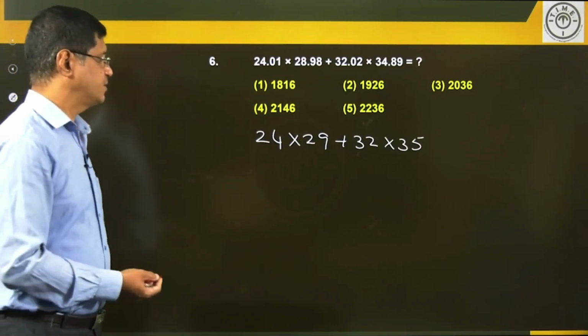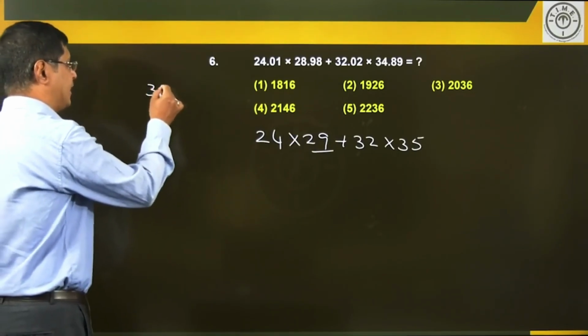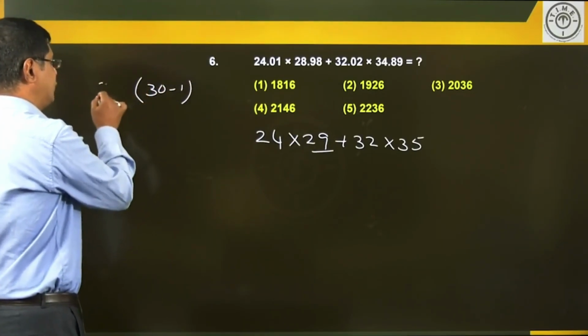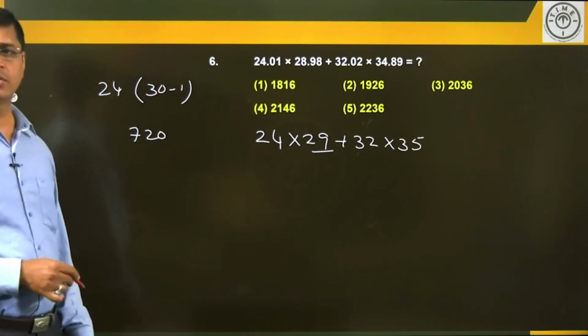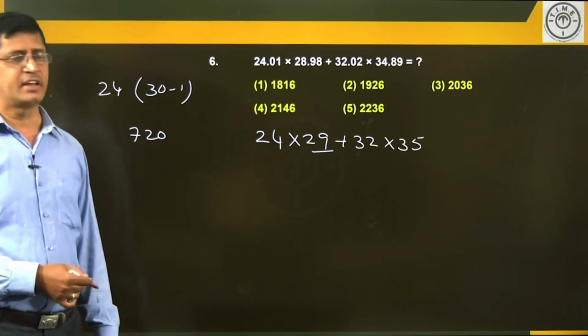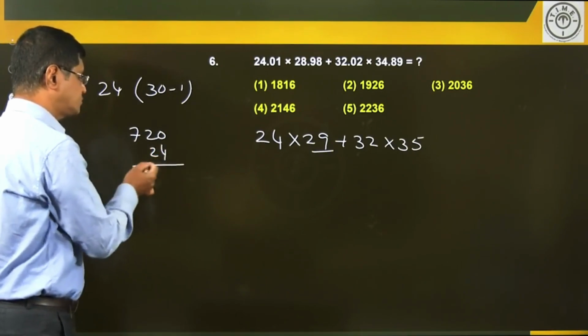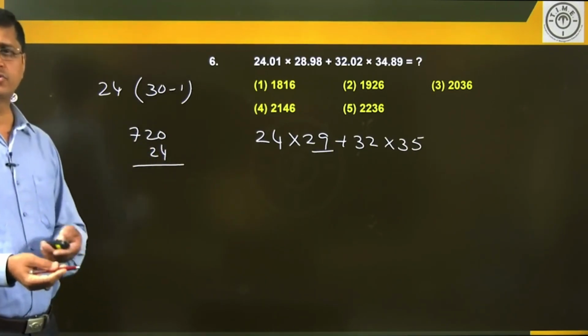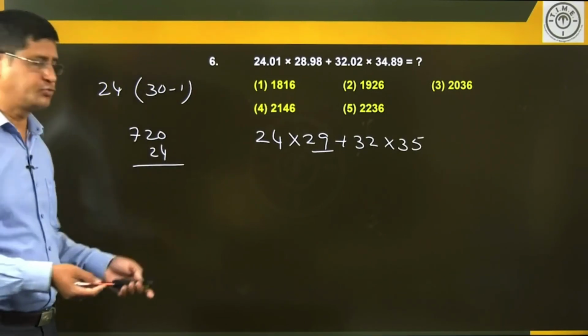Now simplify this. Dear student, again I am writing this 29 as 30 minus 1. 30 into 24, it is 720. 720 minus 24. 24 means 20 plus 4. 720 minus 20, that is 700. 700 minus 4 is